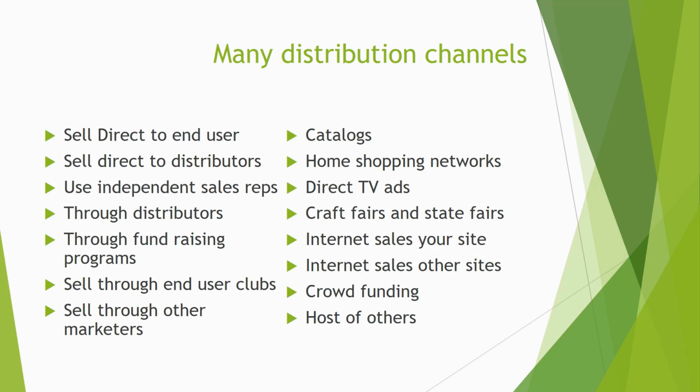Selling direct to distributors again means you have your own salesmen selling to distributors. This would be versus selling through independent sales reps who carry a broad line of products and your product is just one in the line, or selling through another manufacturer, or selling private label. Those would all be other options, but direct means you have your own sales force. Using independent sales reps, as I just mentioned, they usually have 10 to 12 products in their product line.